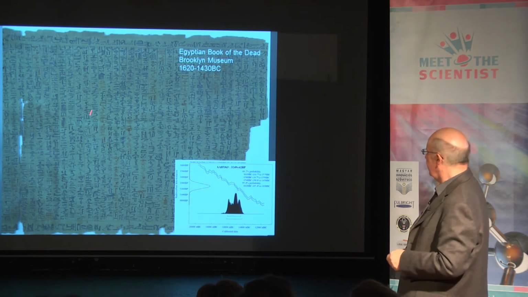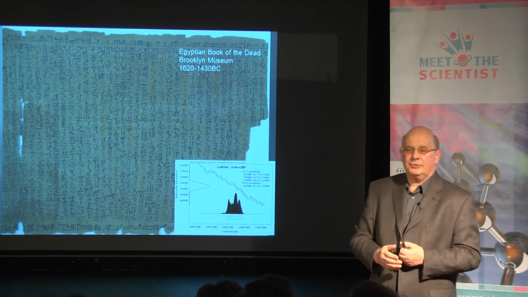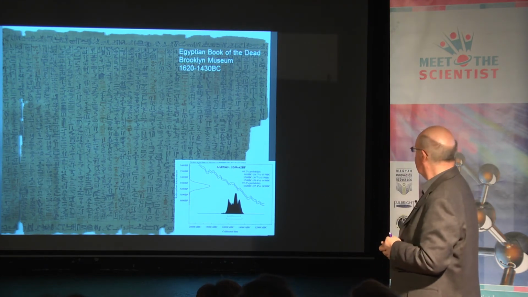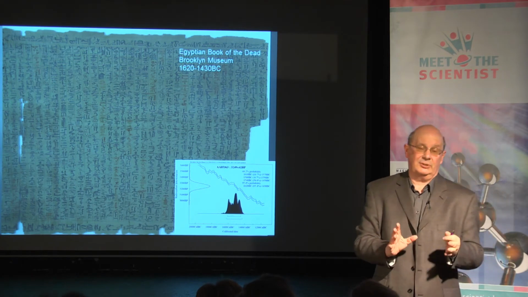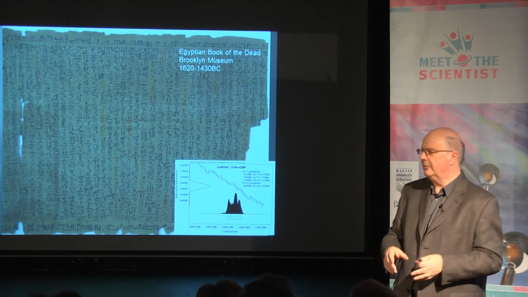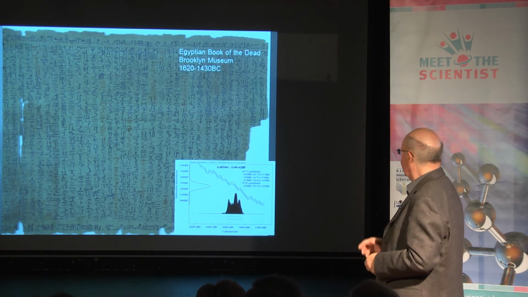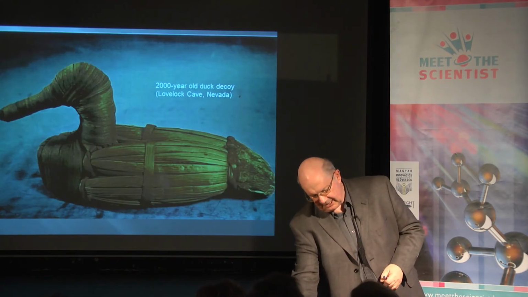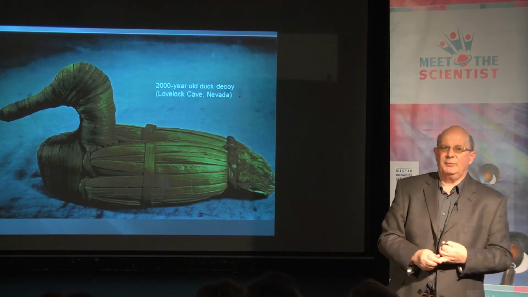This is an old Egyptian manuscript. It's called the Book of the Dead. It's from 1500 BC. So this is the Middle Kingdom of Egypt. So this is just to show you some other kinds of objects that we can date. This is my favorite object